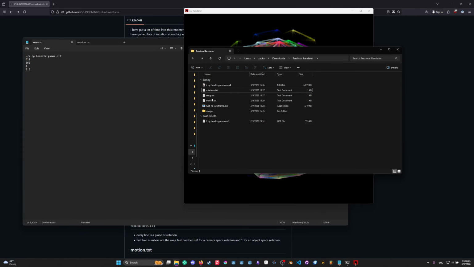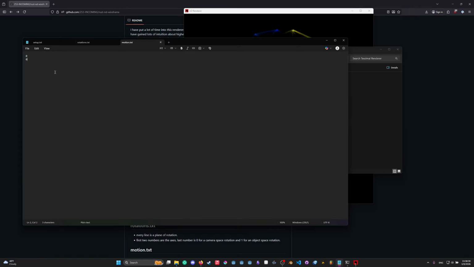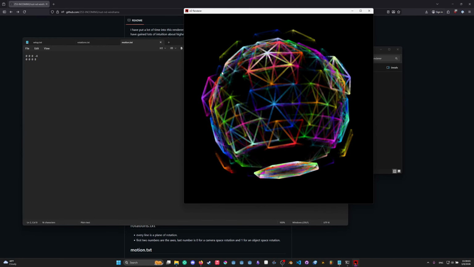So let's clear the rotations.txt file, which you don't have to press 0 after that, by the way. It only grabs the file contents after you press enter, so of rotations in motion. Okay, so now this is the starting position, so it's just going to be 0. And then for the motion, actually we want to start it at like -4 on the W-axis, and then we want it to move 8 units on the W-axis over the course of the animation. So now that we have that, if we press enter,